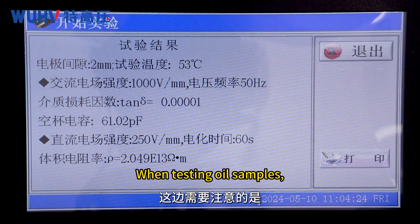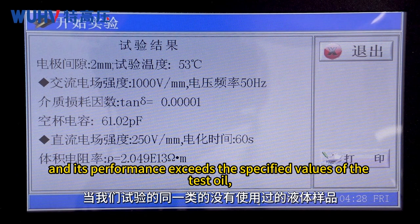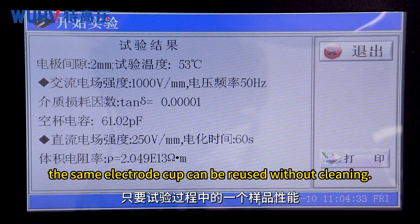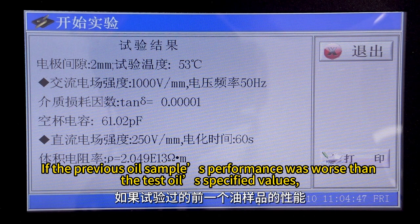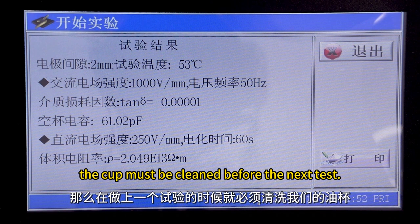Key notes: when testing oil samples, if the same unused liquid sample type is used, and its performance exceeds the specified values of the test oil, the same electrode cup can be reused without cleaning. However, a second oil cup must be prepared. The oil cup must be rinsed at least 3 times with the sample oil. If the previous oil sample's performance was worse than the test oil's specified values, the cup must be cleaned before